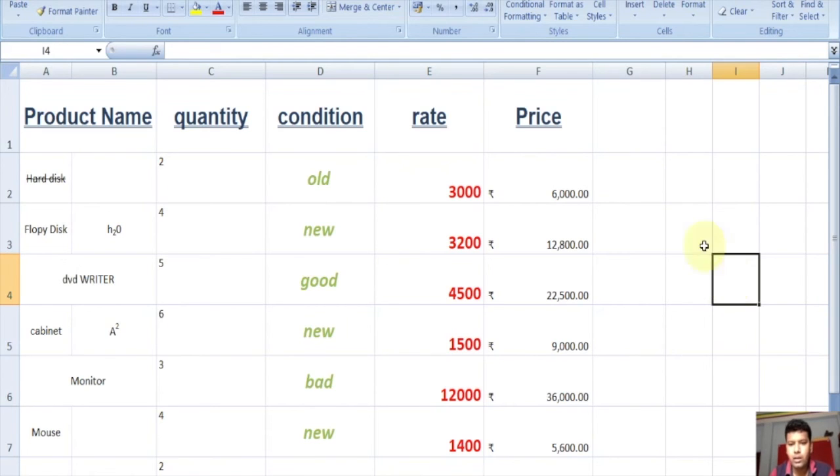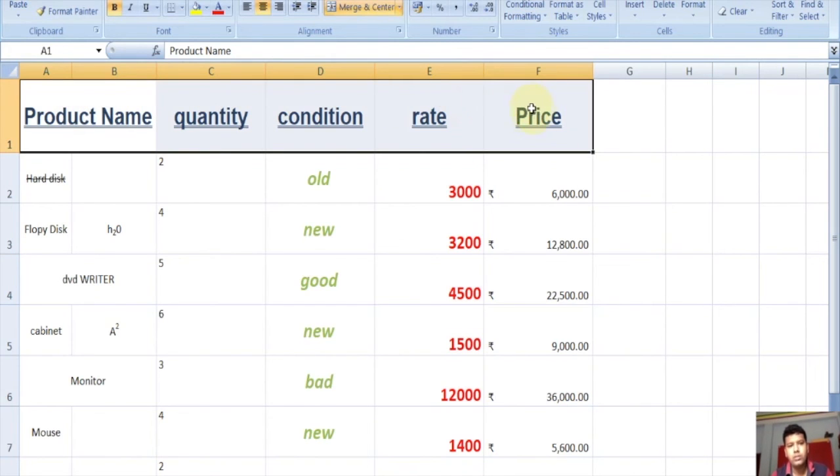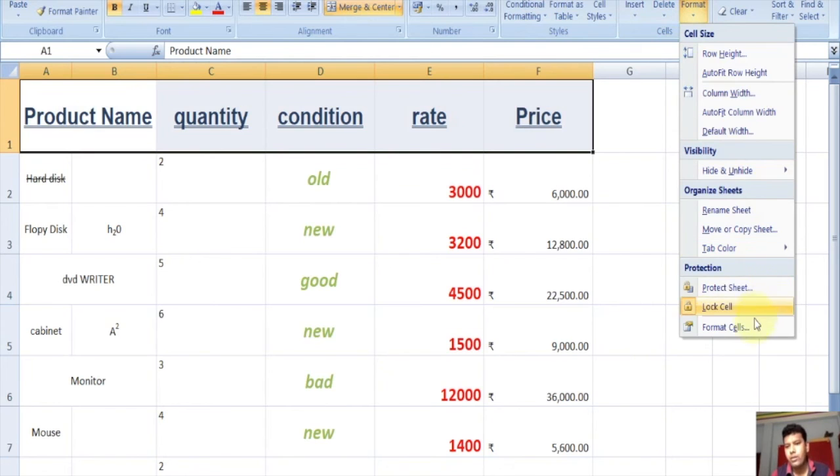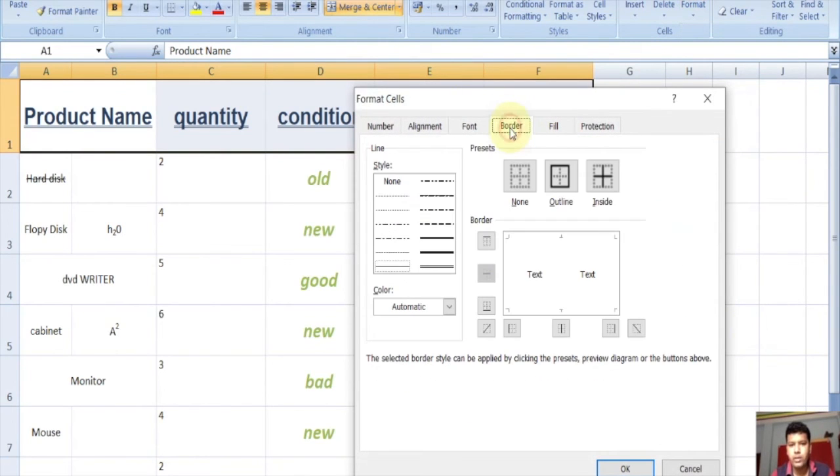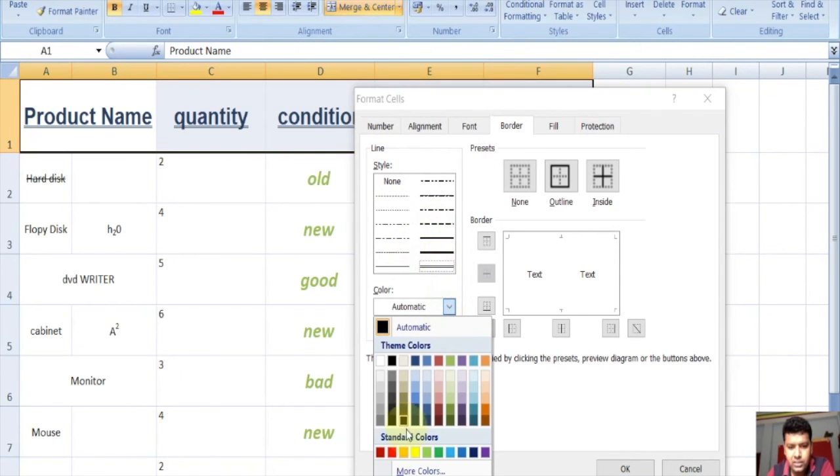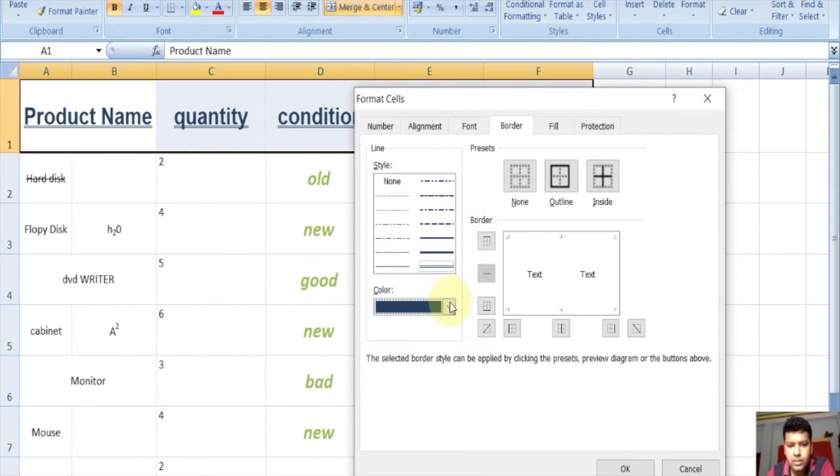Now we learn about formatting cell with borders. Suppose we want to give borders. So if we want to give borders to this cell, just click on format cell and click on border, and there are various lines, border style, and these are the colors of borders that we want. And suppose we want a red color border, and these are none, outline, inside. Outline means only the outers of the selected area, selected cells.